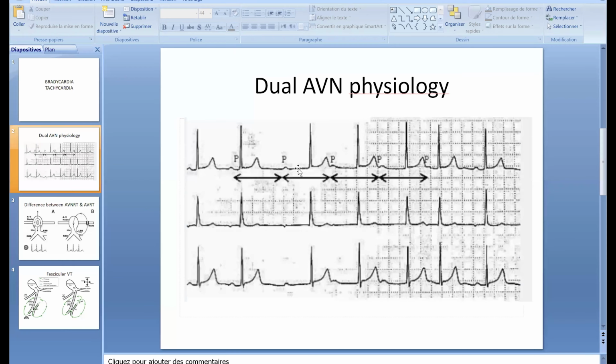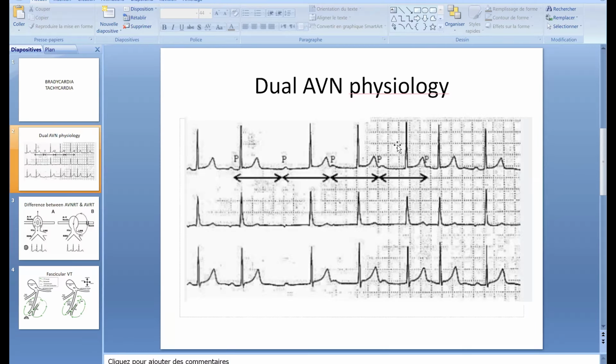In the ECG, like you see here, for the second QRS we have a normal PR interval. It means that it's going down by the fast pathway of the AV node. For the third QRS here, we have a longer PR interval. It means that it switched to the slow pathway and goes down